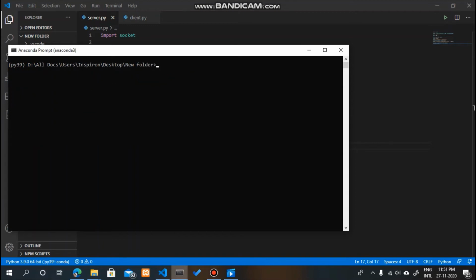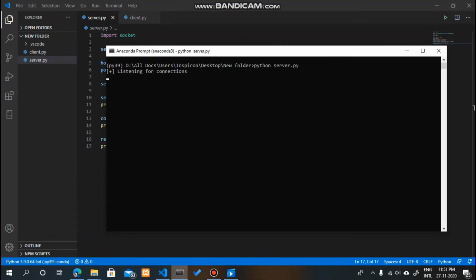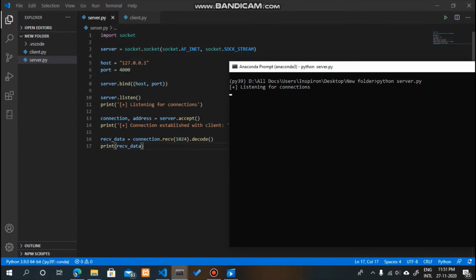Okay, let me clear off my console and I'll be calling my server out, and yes, so right now you can see that my server is now running, and what it is doing is that it has actually bound this host and port, and now it has started to listen for connections.